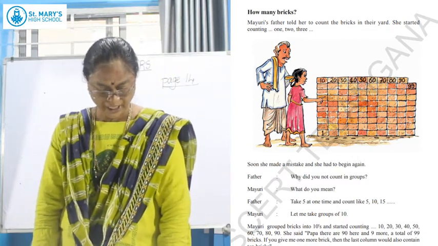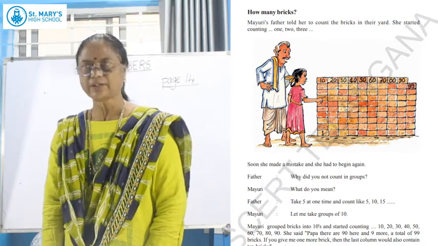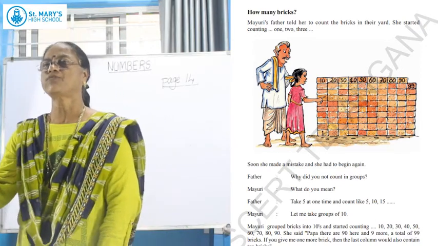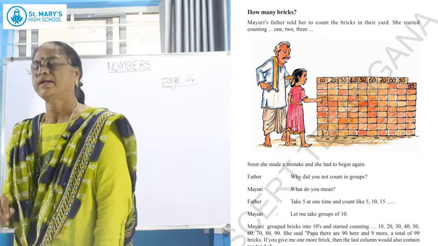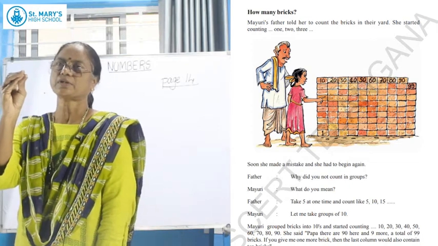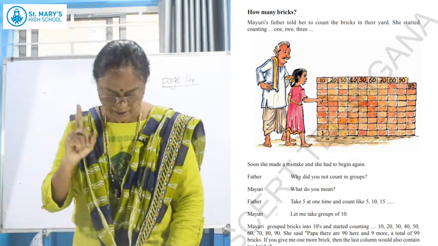What do you mean? Take 5 at a time and count 5, 10, 15, 20, 25, 30, 35, the multiples of 5. Daddy suggests you read multiples of 5. Why do you go such a big count? It is better to read